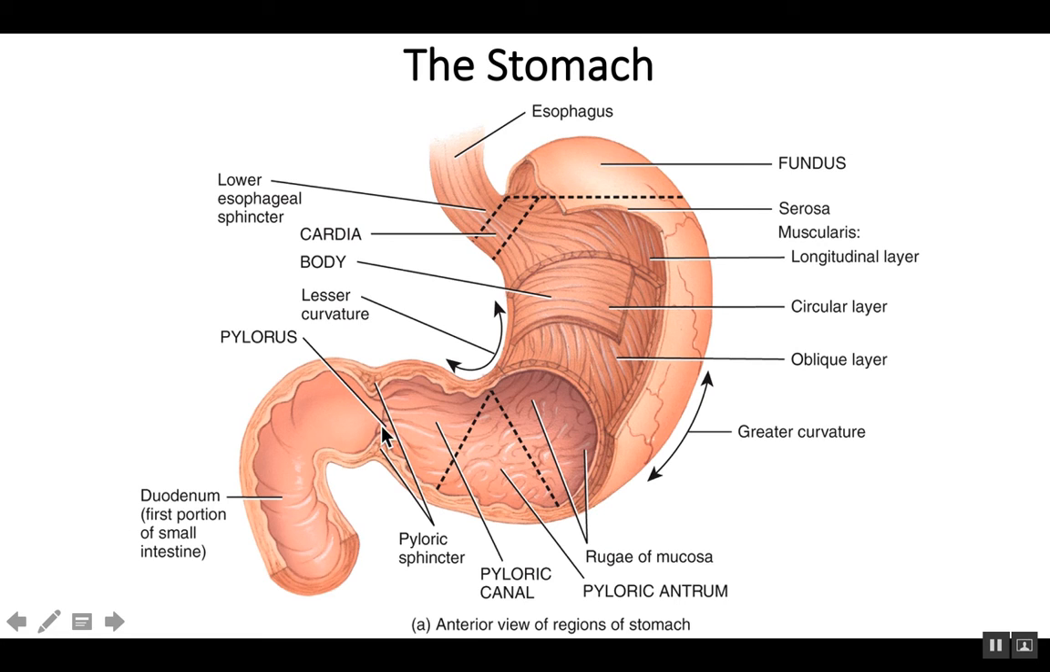And then towards that small intestine, that duodenum, is the pyloric region. The pyloric antrum and the pyloric canal. I typically just call this whole area here the pylorus, but really the pylorus is just this part right before the food will enter the duodenum. And there's a sphincter located there as well, known as the pyloric sphincter. That sphincter is going to be closed to keep the food in the stomach, but slowly relax to release small